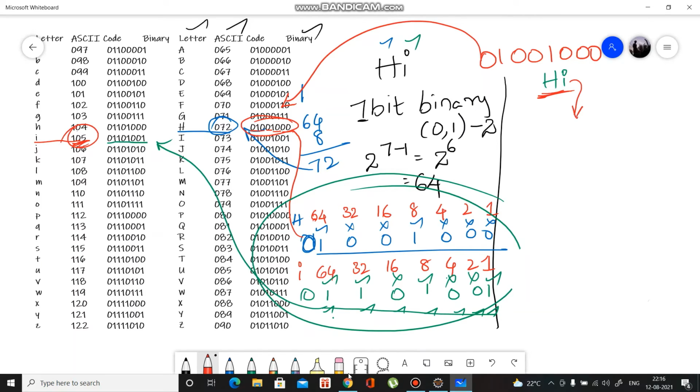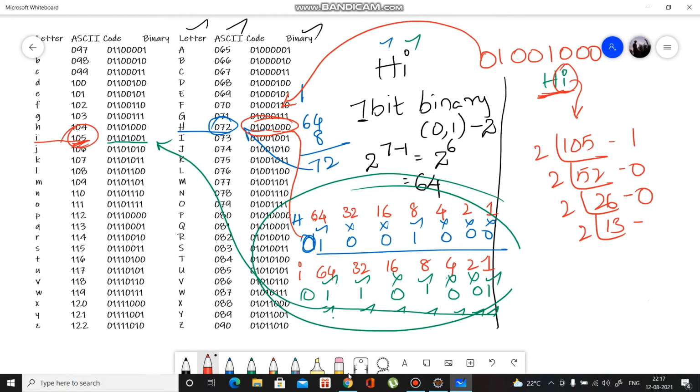Now it's for i. 105 divided by 2 is 52, and here the remainder is 1. Divide again, the remainder is 0, and we get 26. Again the remainder is 0. Again divided by 2, you get 13.